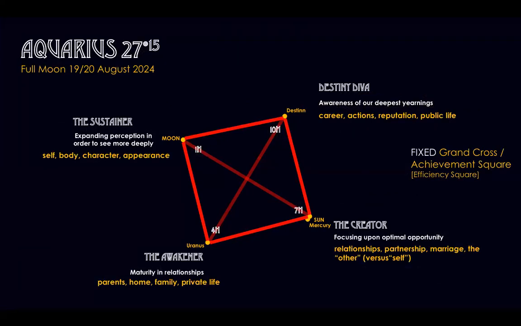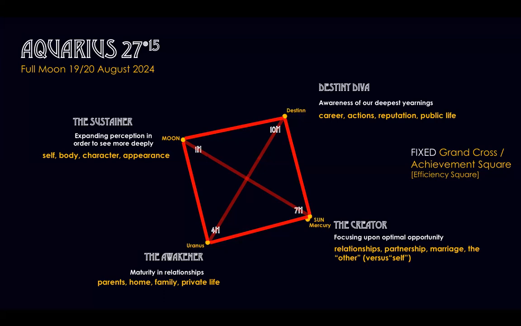And then I've put together the headlines for each. So the title of the planet, for example, the sustainer for the moon, the headline from the Sabian symbol, expanding perception in order to see more deeply, and then the house, which is, for me, my first house, which is about self, body, character, and appearance. And looking at this, I'm trying to glean what the influences and the message of this grand cross are for me specifically,